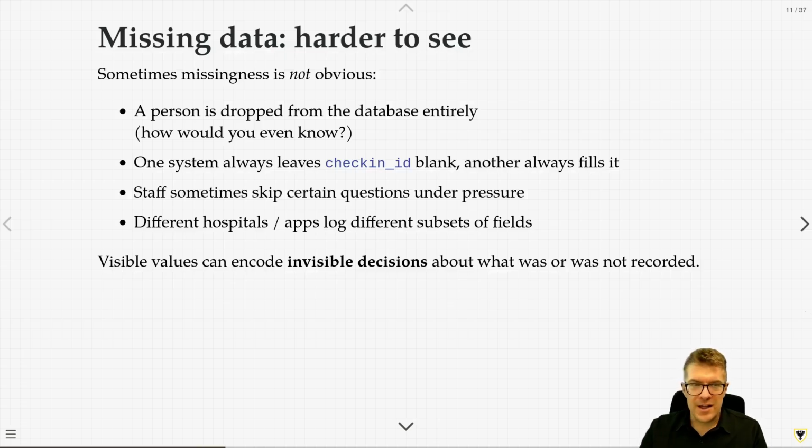Sometimes harder to see is if a person's dropped from a database entirely. Imagine somebody checked in at a kiosk or on their app, but it wasn't transmitted to the central database, and then it just kind of lost that data. So technically they entered the data somewhere, but the data never made it to the central database. So how would you even know it's missing? Unless you happen to know that particular person and they told you or something like that. And even then, who